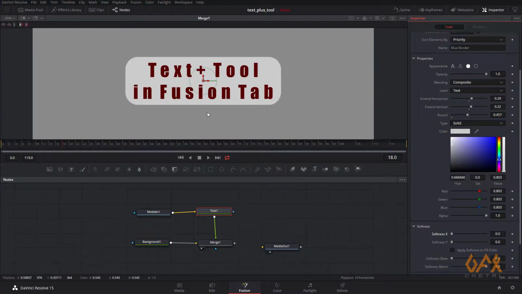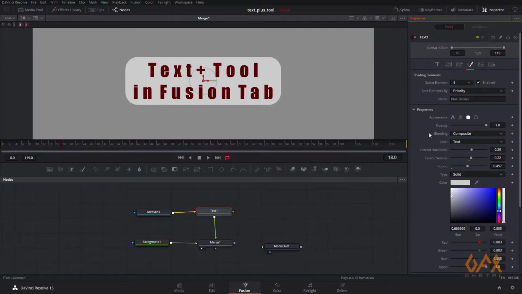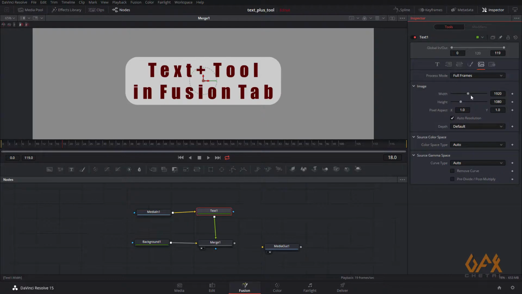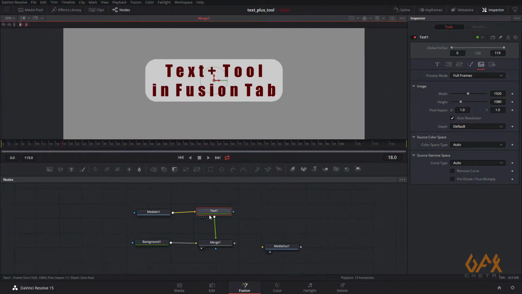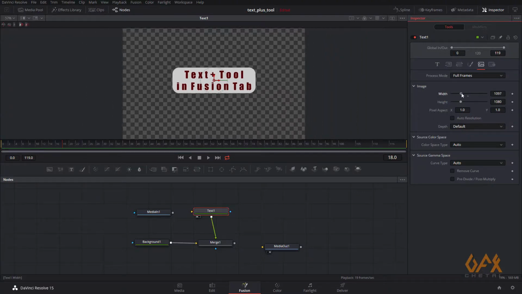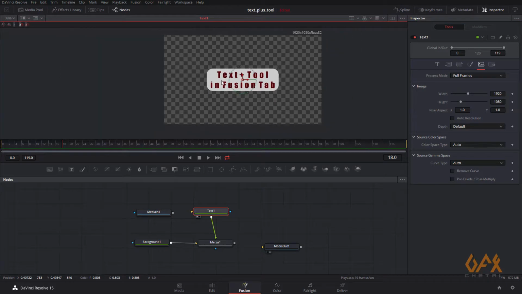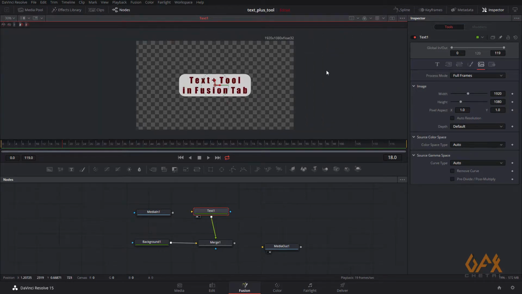So there are so many options you can play with in the Text Plus tool. And these are very basic tabs, that is your image size and all those things. So if I drag over here and I just deactivate auto resize resolution, you can change the size of your Text Plus tool.